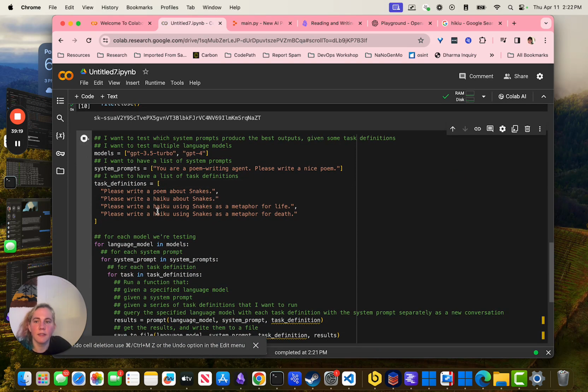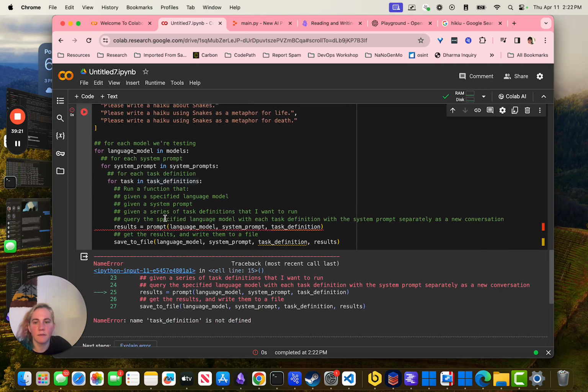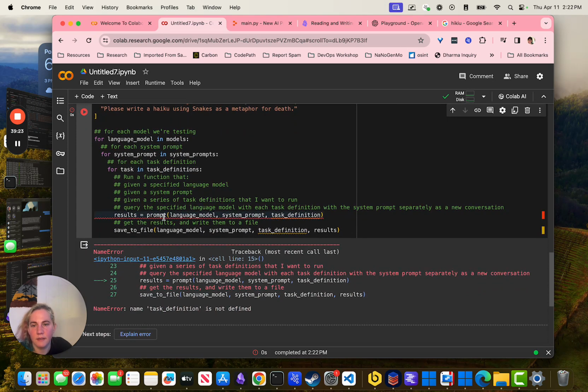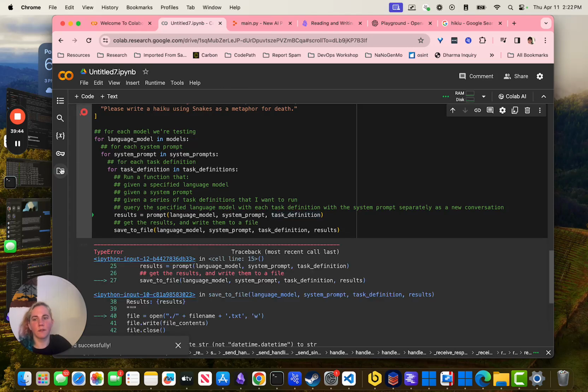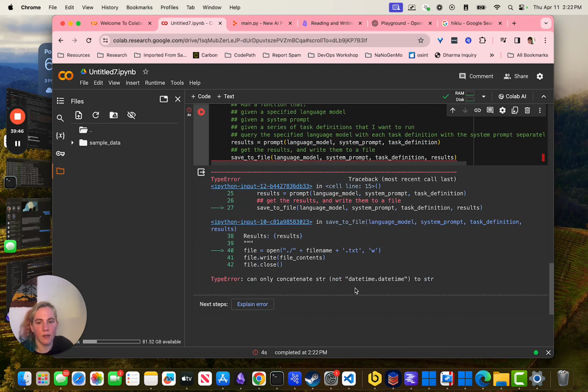So now I'm going to run this, and it's going to complain. And it's going to say task definition is not defined. Oh, task is how I called it individually. Or here, actually, I'll just call it for task definition in task definitions. Okay, cool. And now it will run and save all the results to the folder, or it will try. All right, we can only concatenate string, not